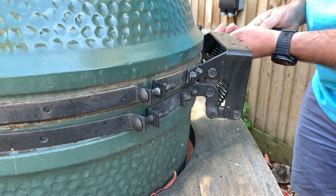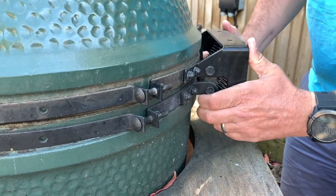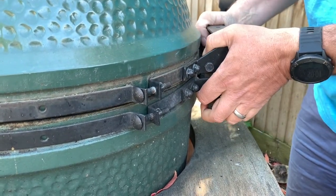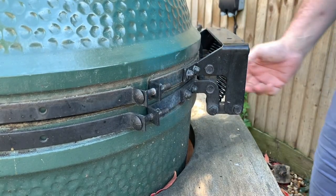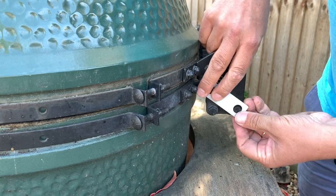So I'm not taking them off, I'm just loosening them. Okay, and now what I should be able to do, if I mess with my egg, you can see it already, you can see I can move that hinge, I can squeeze it, and so on. So now what I want to do, and this is the difficult bit, is to try and get that piece